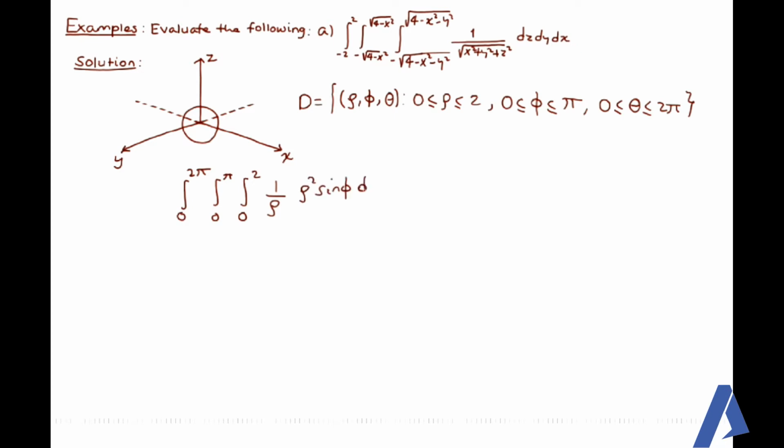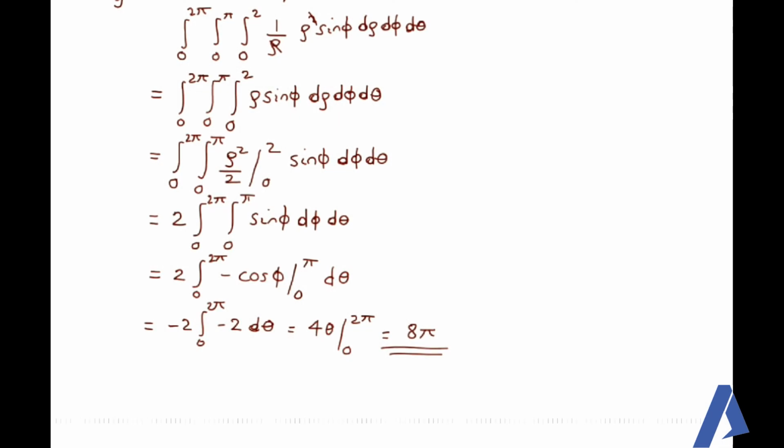ስለዚህ በዚህ መሰረት አንዱ rho ካንሰል ትሆናለች። ይሄኛውን ኢቫሉዌት ስናደርገው መጀመሪያ with respect to rho ኢንተግሬት እናደርገዋለን። ያው sin phi is a constant partial integration ስለሆነ rho square over 2 at 2 and at 0, 2 ይመጣል። ከዛ 2 sin phi with respect to phi integrate እናደርገዋለን, then minus 2 cos phi ይመጣል, then at pi and at 0, minus 2 times minus 2 ይመጣል which is 4 ማለት ነው። With respect to theta, at 2 pi and at 0 evaluate ስናደርገው finally 8 pi ይመጣል ማለት ነው።